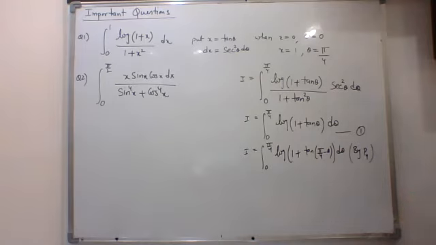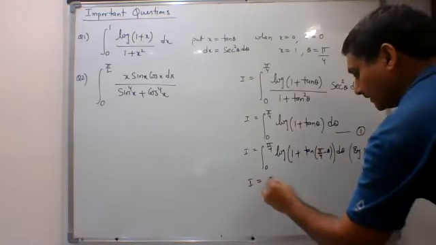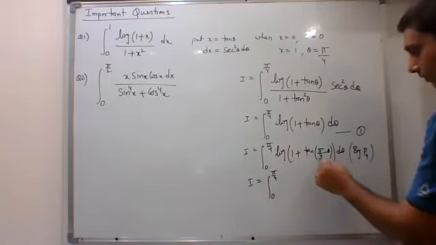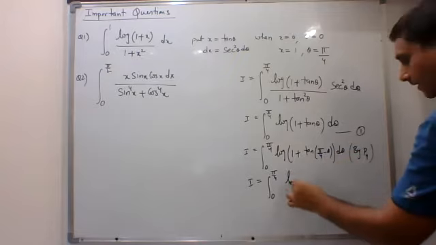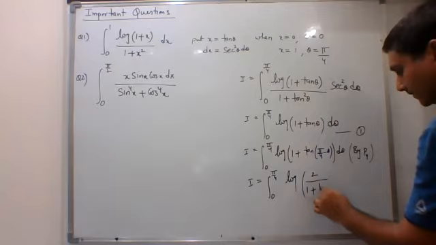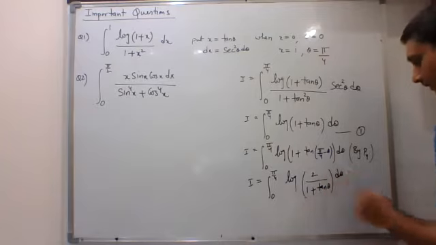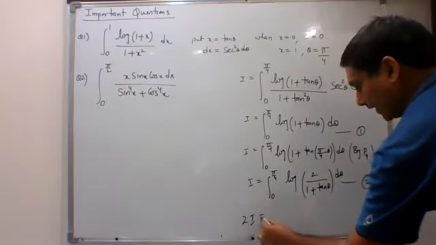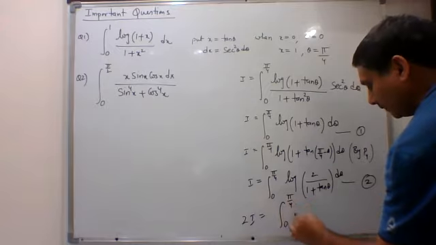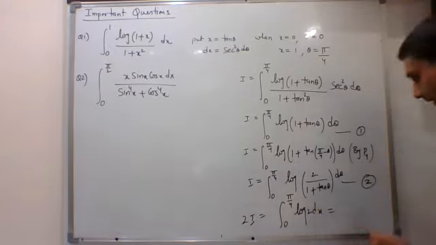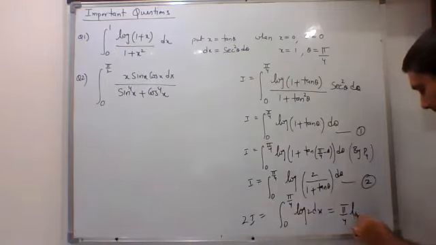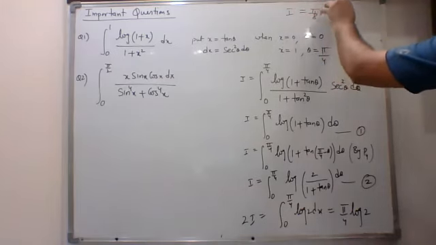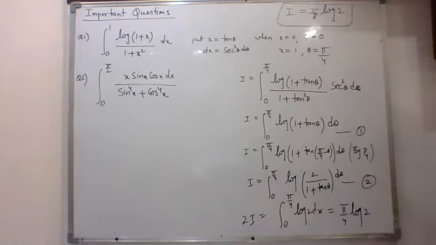After that, you can write this as 0 to pi by 4. After calculation, you can write this as tan A minus B, so tan A minus tan B upon 1 plus tan A tan B. After that, when you do complete calculations, you will get this much. So let us call it as number 2. You will add 1 and 2. So 2 times of I will give you 0 to pi by 4 log 2 dx. And when you integrate, you will get this as pi by 4 log 2. Finally, your answer will be pi by 8. This will be the final answer.